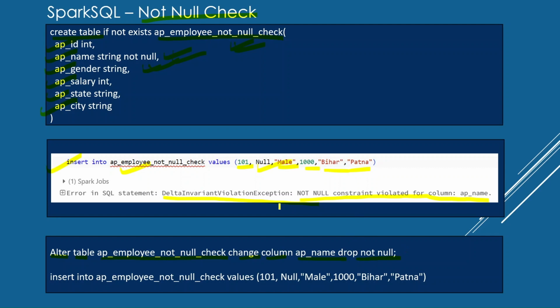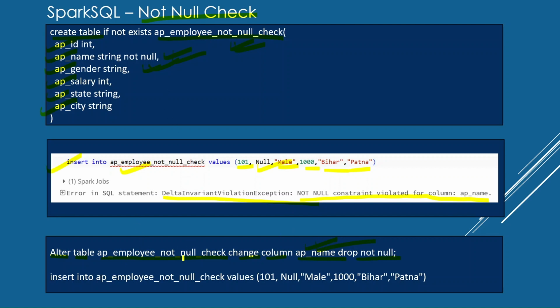So with the help of an alter table statement, we are dropping the constraint which we have implemented over this column. We can see here AP underscore name, we are dropping the not null check which we have implemented here.